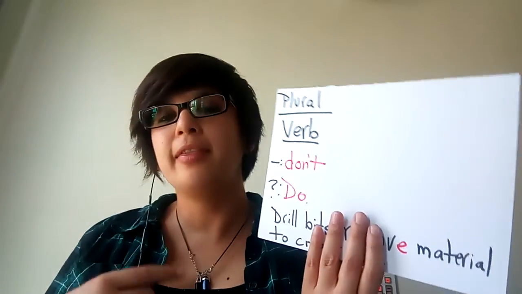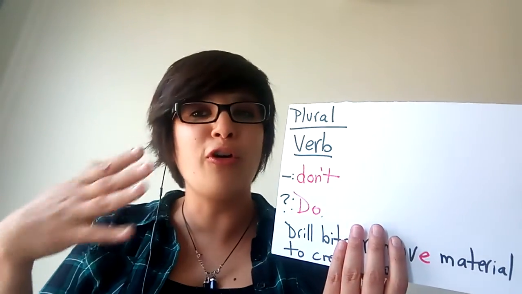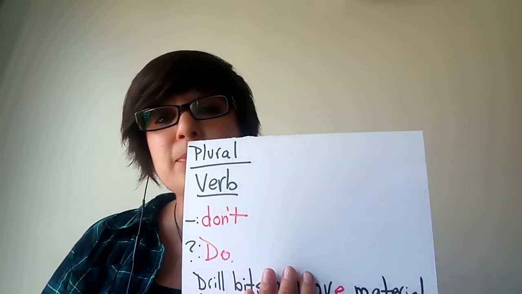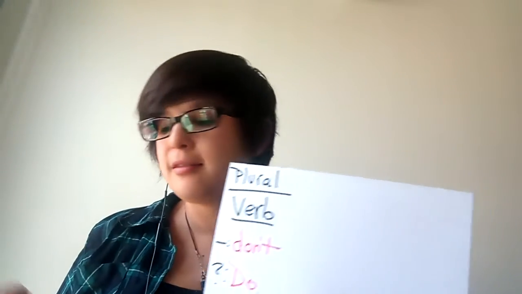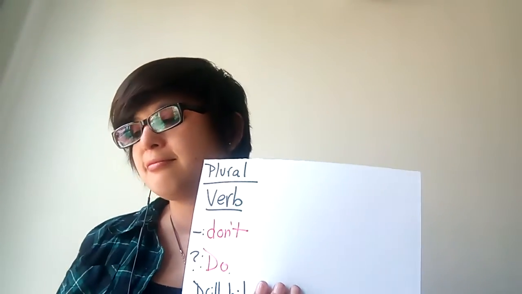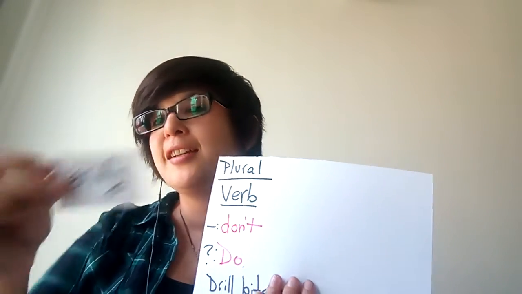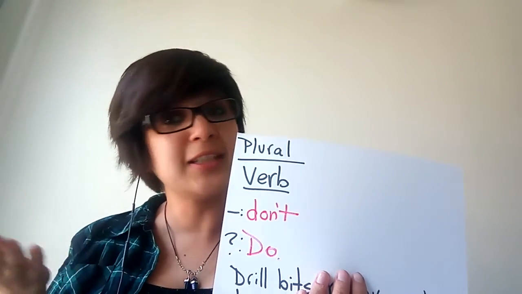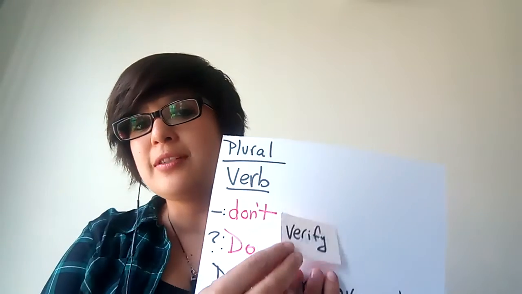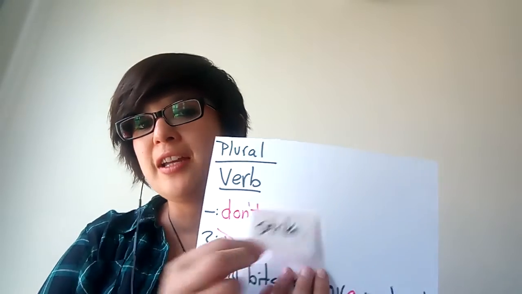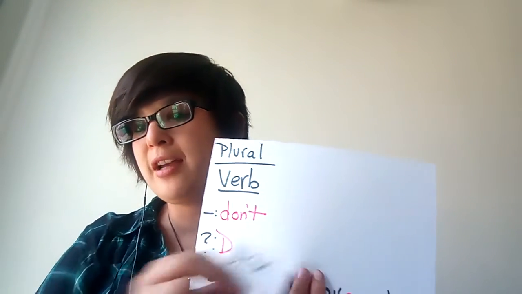And finally, when we talk about plural things, that is to say more than 2, 3, 4, 5, 6, 7, 8, and so on, you have to use the verb just the way it is. For example, you just say fix, you just say pass, you just say go, you just say verify. Okay? And when you want to make a negative statement, you have to say, for example, don't verify, don't strike, don't drive,